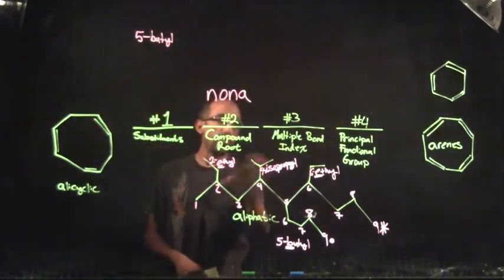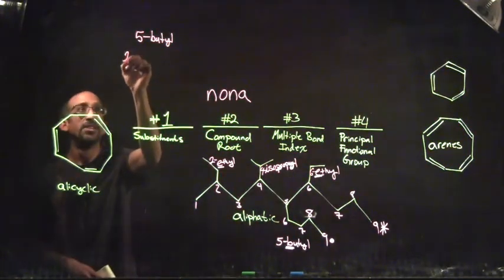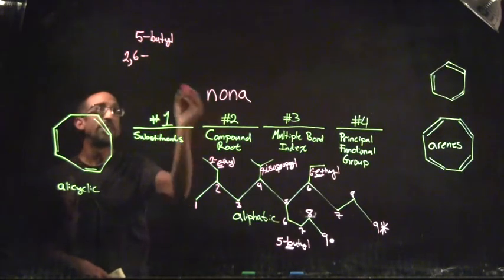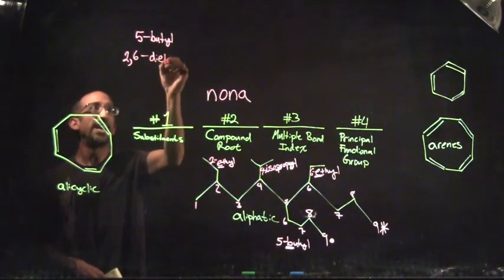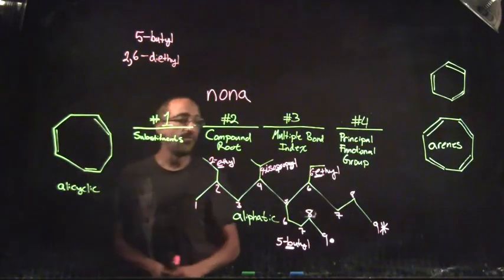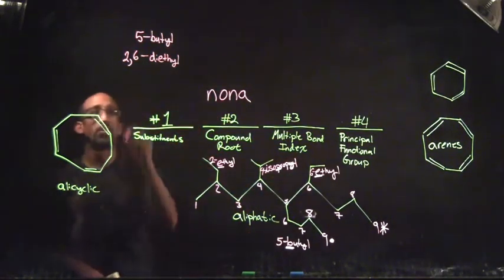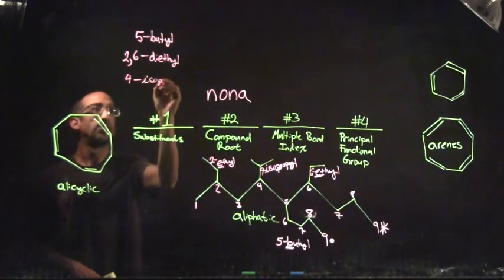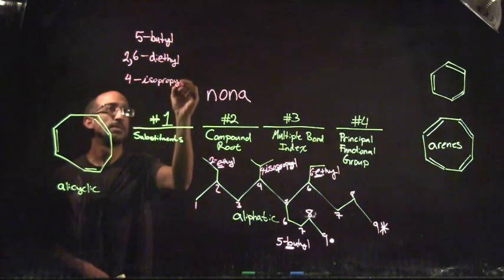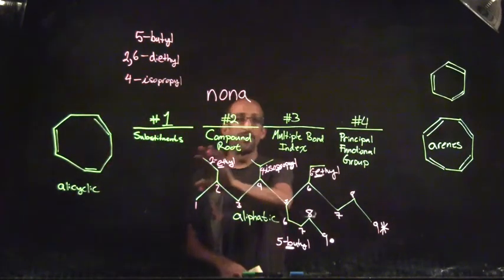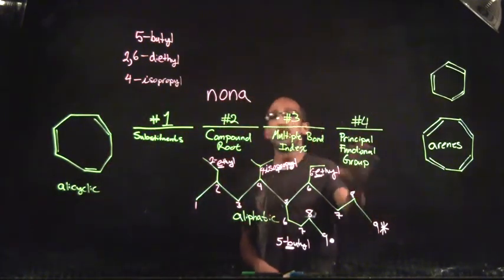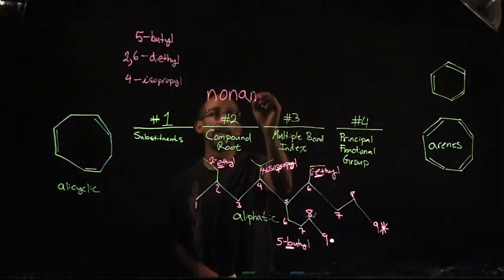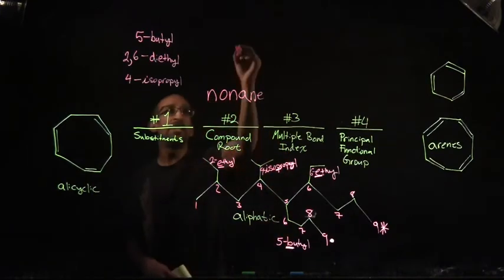Next up alphabetically would be our ethyl groups. So we have at position 2 and position 6, since there are two ethyl substituents, diethyl. And then finally at position 4, we have our isopropyl group, 4-isopropyl. Nona, we have no multiple bonds, we have no functional groups, so we don't need anything there, and this becomes nonane. So the full name would be